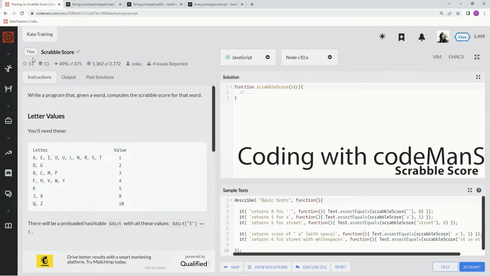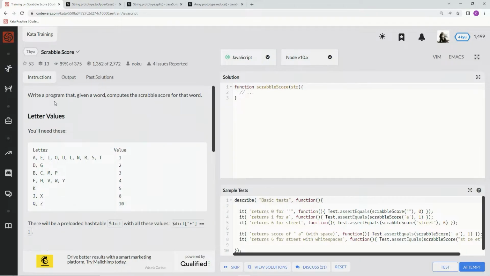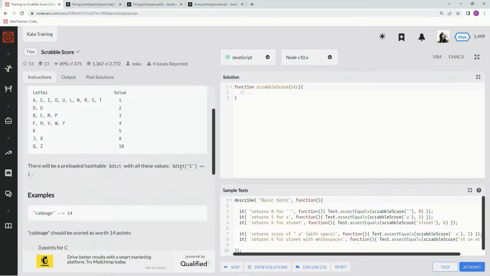All right, now we're doing 7Q Scrabble score. This is by NoCu, and 89% of the people like it. We're going to write a program that, given a word, computes the Scrabble score for that word, right? We're going to need basically these letters to equal these values, and then we're going to add them together, and